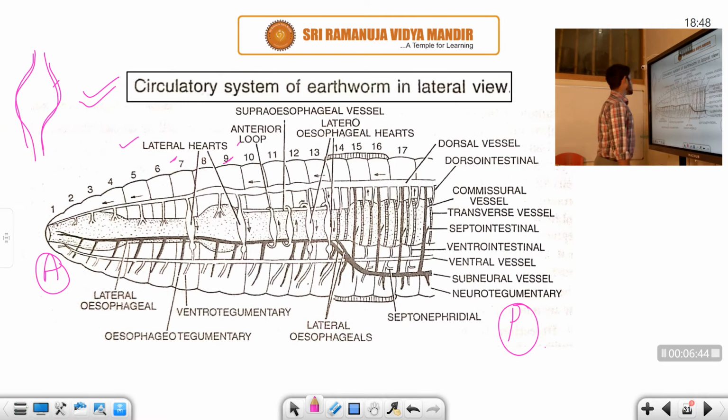You can see, what is that? See, this is a dorsal blood vessel. So the white color part is there, no student? You can see this part, right? So this part we call, and this is also. So I am marking, you can carefully observe this one. So this part we call the dorsal blood vessel. And where is the lateral blood vessel? You can see the lateral blood vessel.